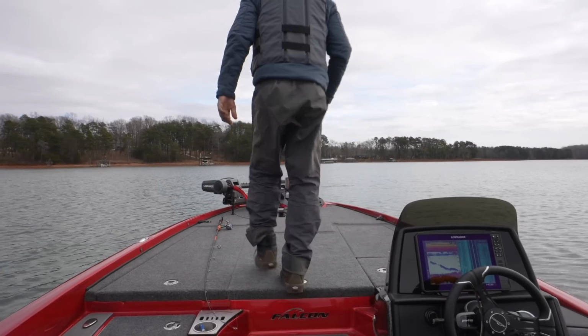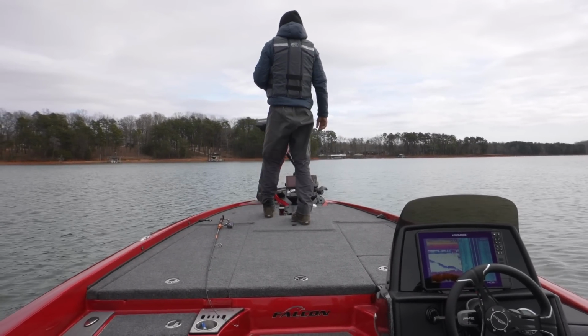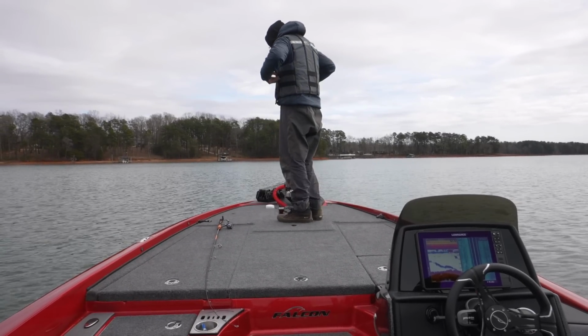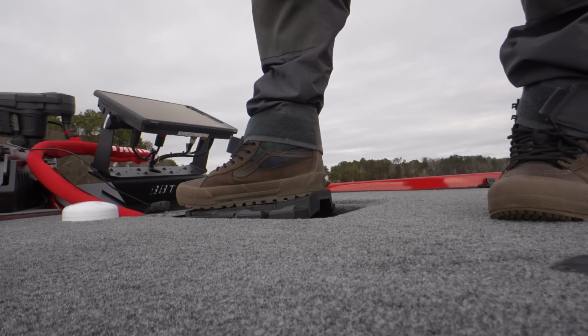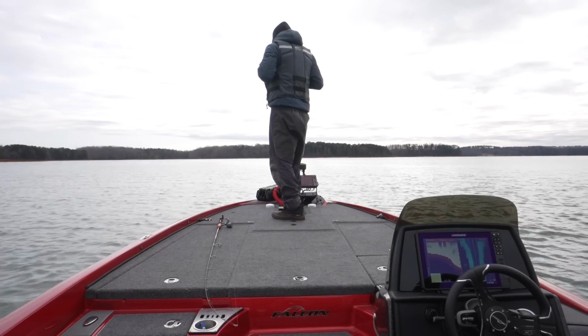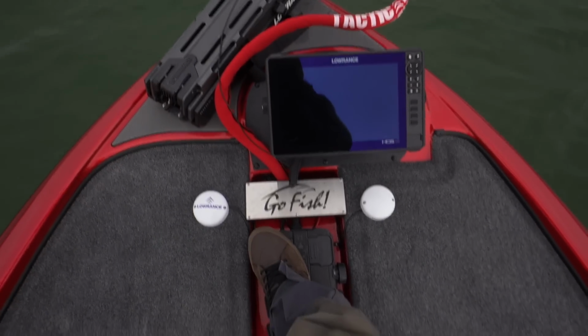All right, new for me for 24 is running a Lowrance Ghost. Let me know if anybody in the comments section has ever run a Lowrance Ghost. Let me know how you like it. This is my first time running a Ghost, actually. It's definitely quiet, that's for sure. Yeah, it's really quiet, even when I turn the head,